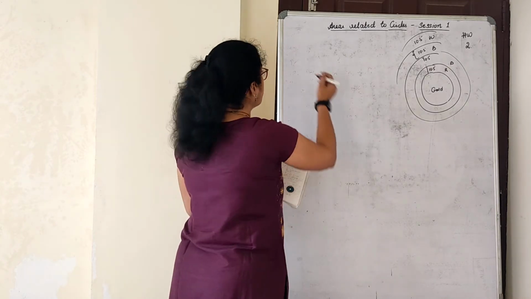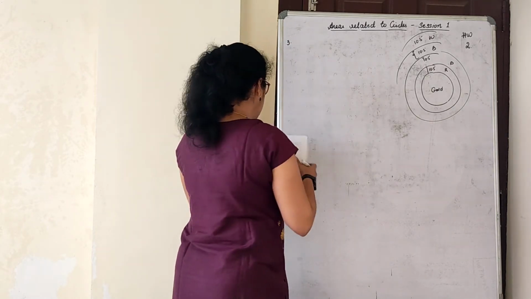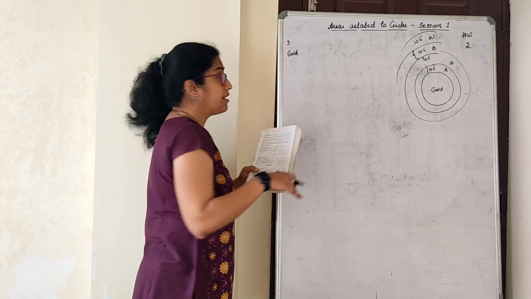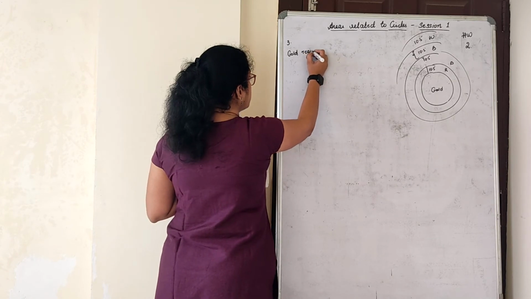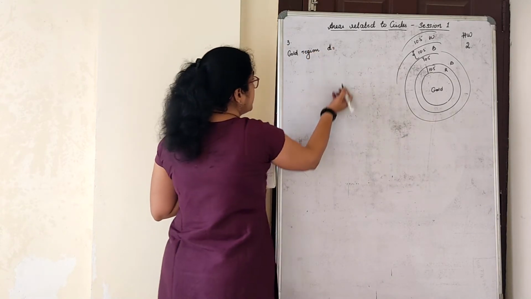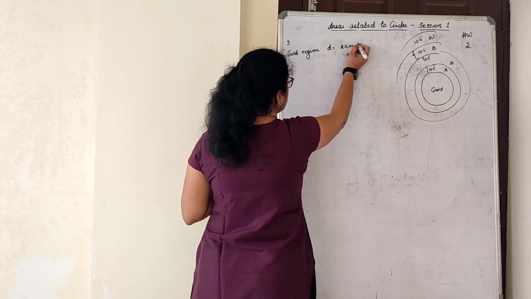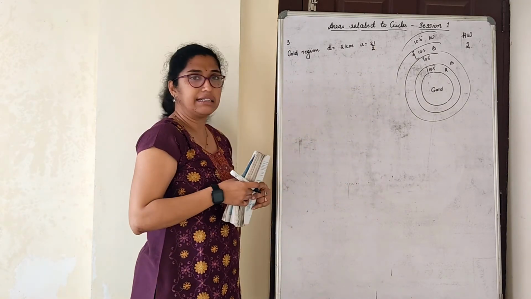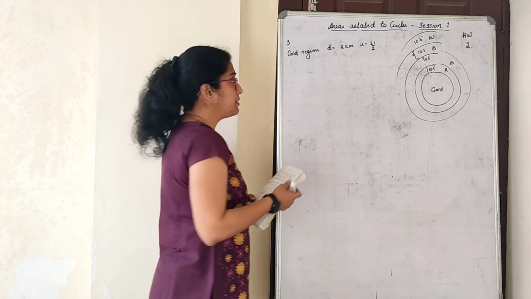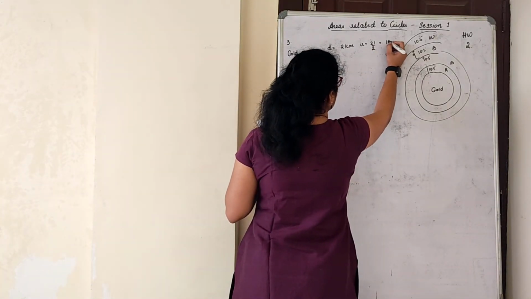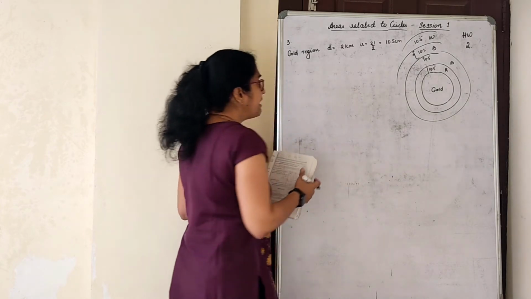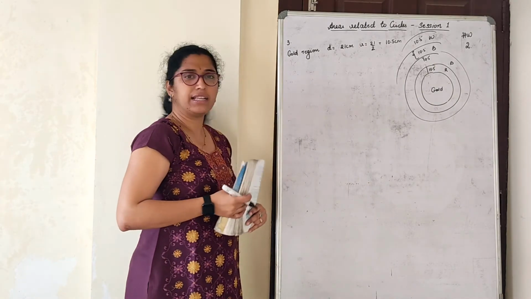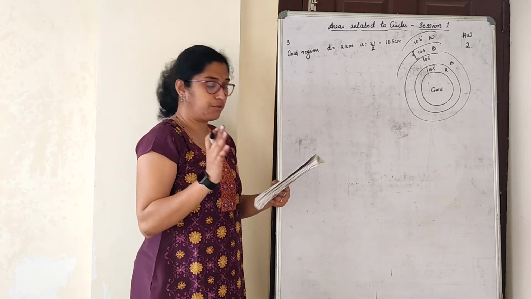So first we'll start with the initial data mentioned here. Question number 3, I can write that as for gold. Mention which region you are talking about. For gold region, diameter is equal to 21 centimeter. So radius is equal to 21 by 2. I always tell you to keep in fraction, but here it is better if you keep in decimal. Calculations will be much faster. Is equal to 10.5 centimeter. Yes, radius is also 10.5, right? Width is also 10.5. So for gold region it is very simple to calculate because only one area I have to find.